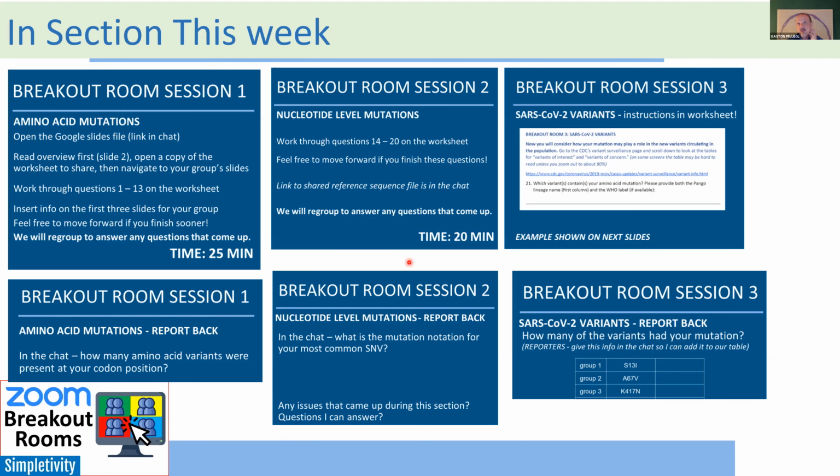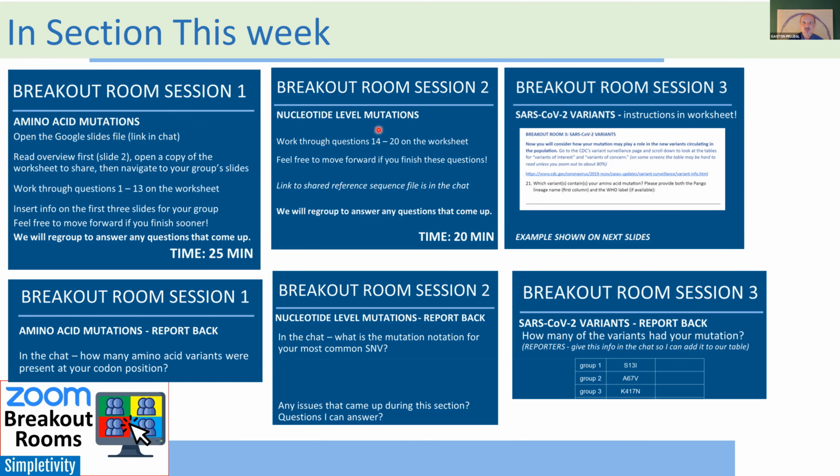All right, so the first thing you're going to do, you're going to look at the protein level mutations, right? So you get a variant, and then you look at the sequence of that variant as it was submitted. So somebody was sick, the doctor took a swab and sent it out to the website. So Next Strain, they published it, right? So then you look at the amino acid mutations of that strain. So you're going to learn how to look at the website and how to read it, how to code it, the annotation: what amino acid does it go to, which amino acid at what position. And then you report back, you talk about your amino acid mutation.